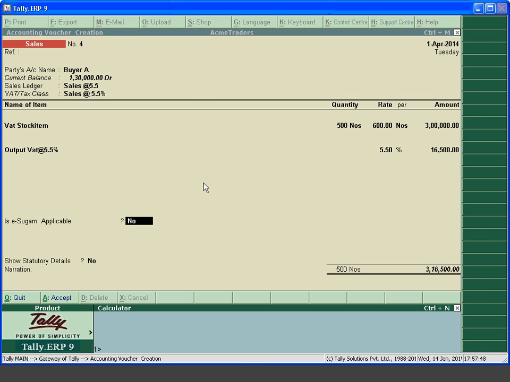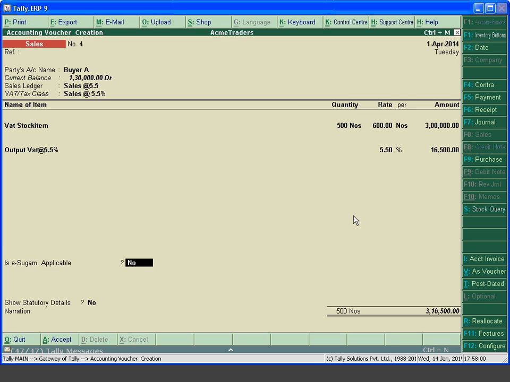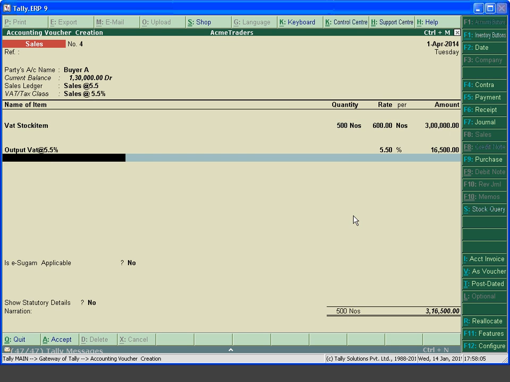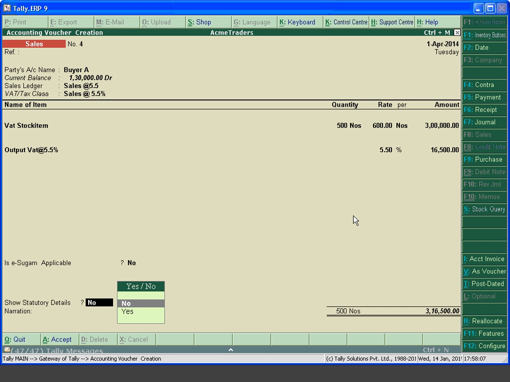Here you can see, assume the assessable value of the item is 3 lakh, right? It will calculate 5.5%. Correct? It's 16,500. Tally automatically calculates this VAT amount properly. Once you have saved this transaction,